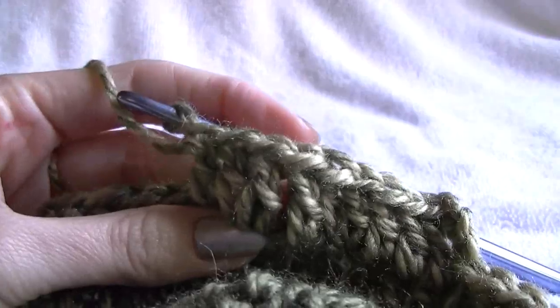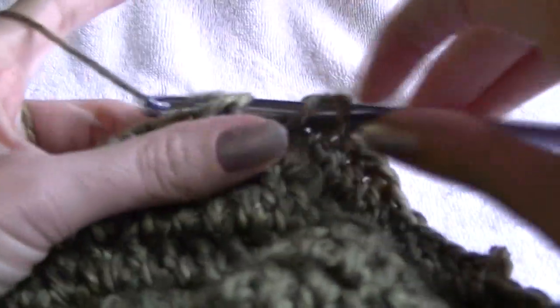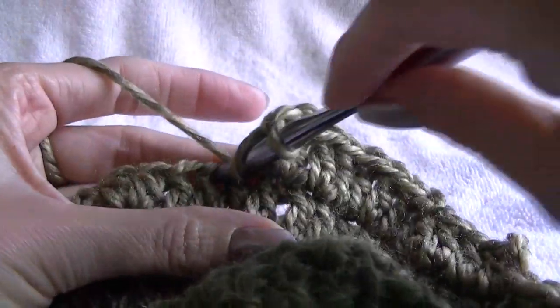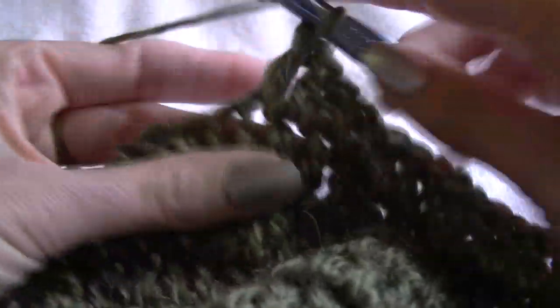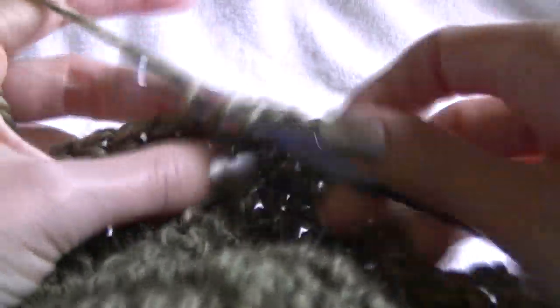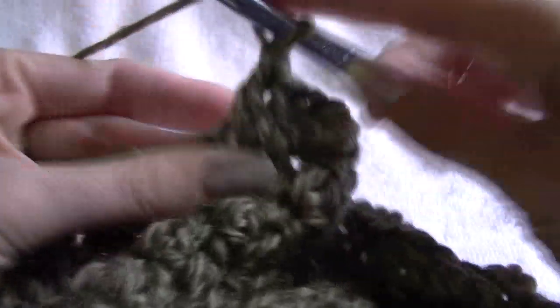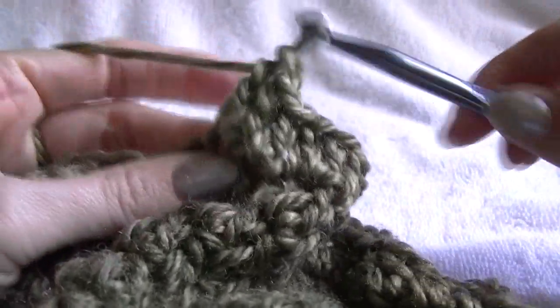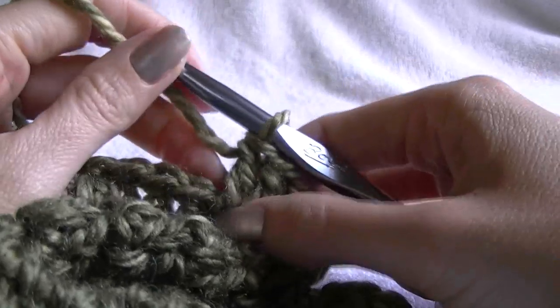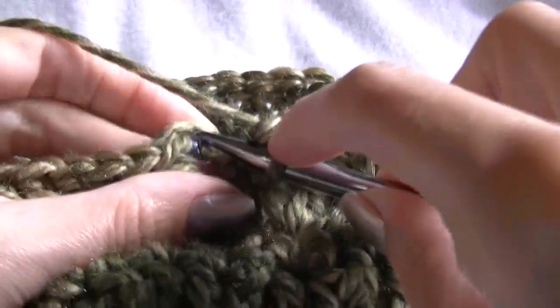So you want to work another 7. That's 1, 2, 3, 4, 5, 6, and 7, and now work an increase. So we just want to continue in that fashion all the way to the end of the row. So slip stitching into the top of the chain 3,